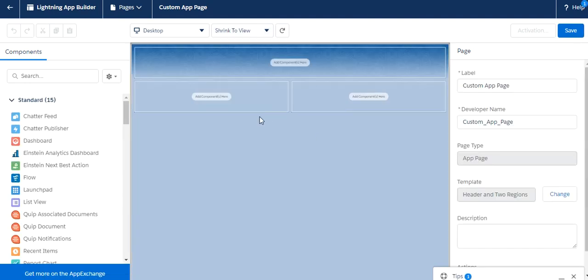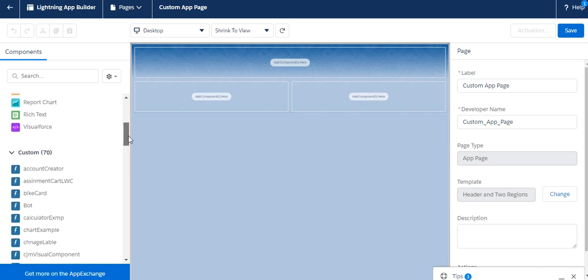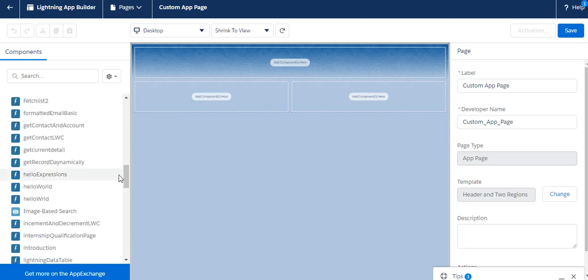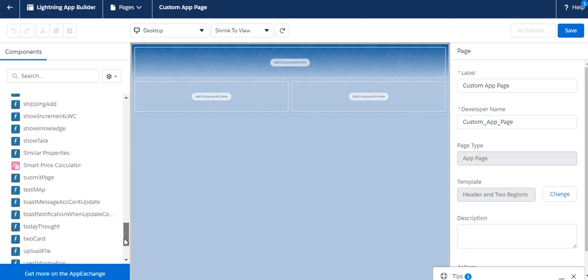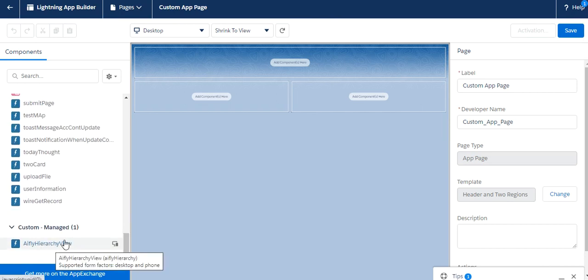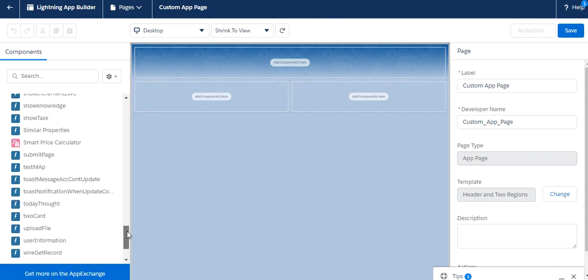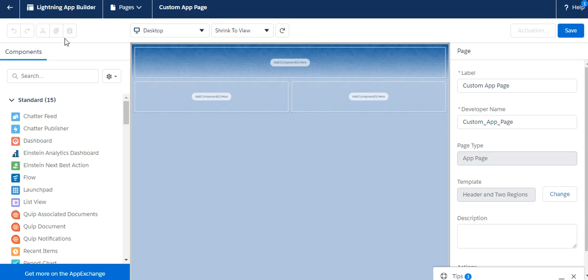So now I am on my Lightning App Builder page, and as I told you, here are all the standard and custom components. In the components section we can check all the standard and custom components, as well as any apps we have installed, from the app actions. This is the toolbar, showing the name here. From here we can check the last modified pages, and this is showing our page name. So let's add some components here.